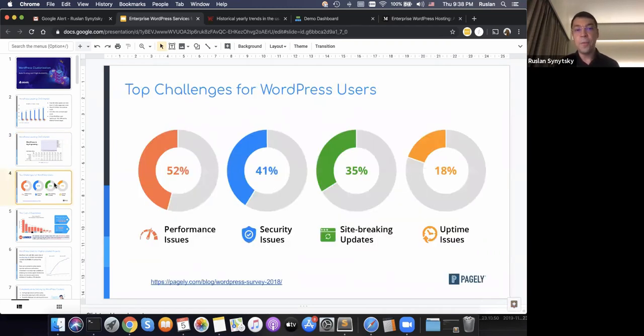However, what kind of problems do people face while they are using WordPress? We got the statistic from the Pagely website. There is a link. You will be able to get the link and review it by yourselves. They did a survey and customers highlighted the following issues. Performance is the biggest one.